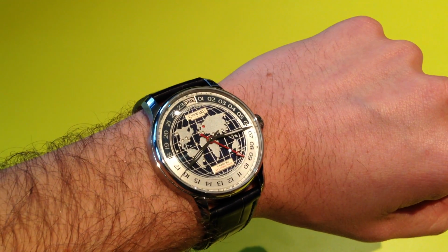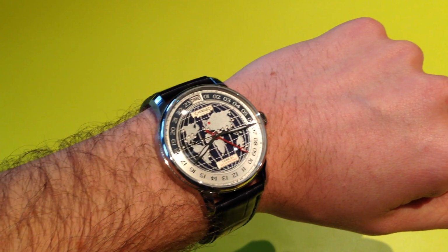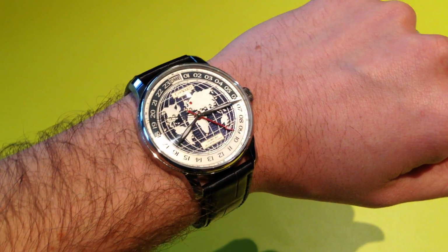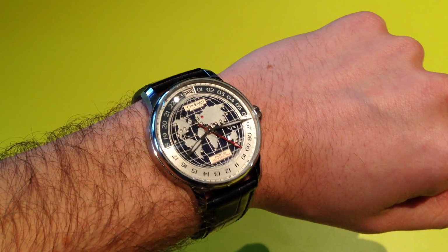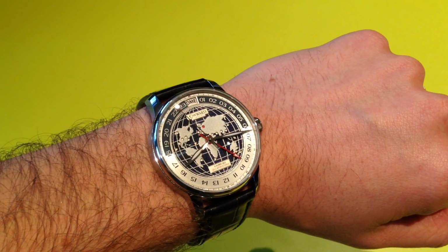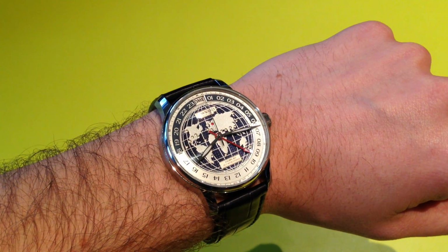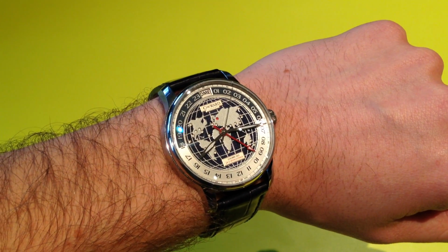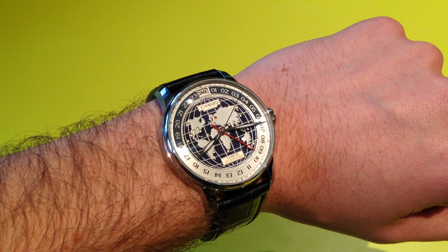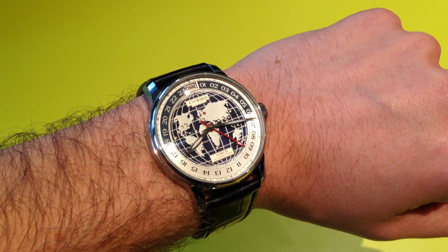So first of all, what you're getting is a modified ETA movement, which obviously is going to cost you a lot no matter what, especially with a custom-made module. In this instance, it's by Johannes Janker, and this is his third custom modified movement with Christopher Ward, hence the reason why this movement is called the JJ03 caliber. And the main principle behind it is that it offers a second time zone in a new, unique way,